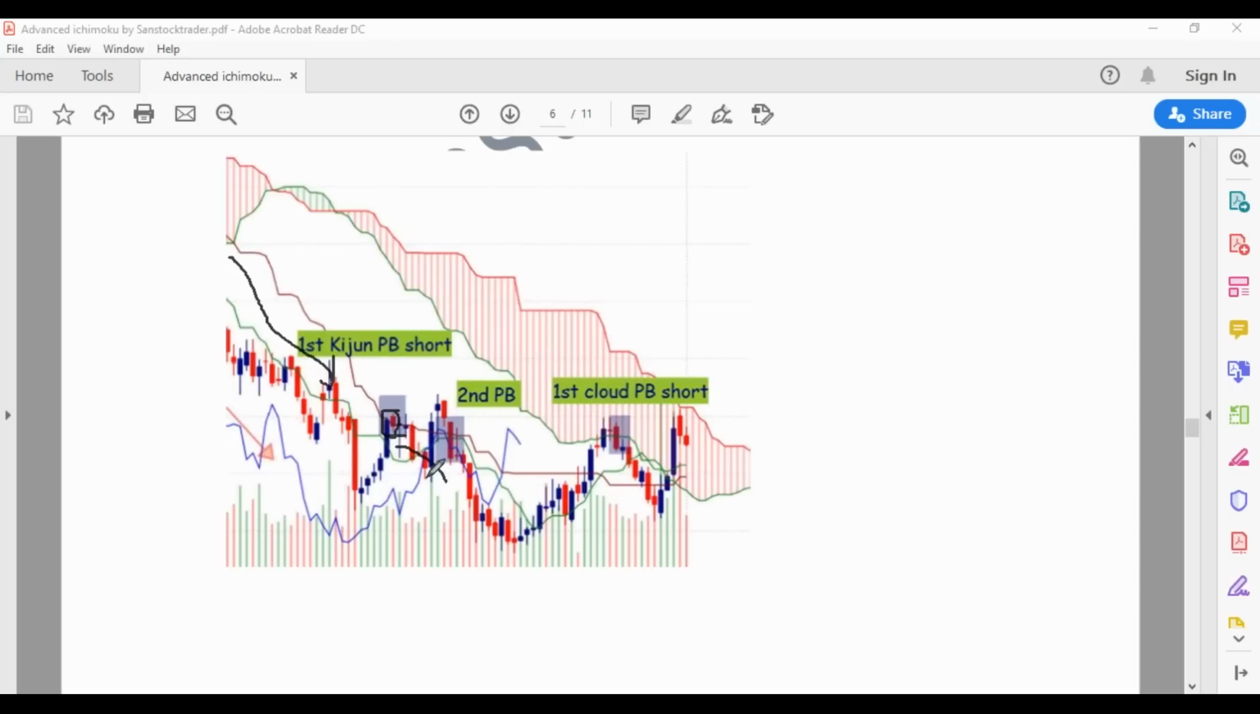This short entry yielded a nice result in the next three candles. Same way, this is the second pullback. See, this time,